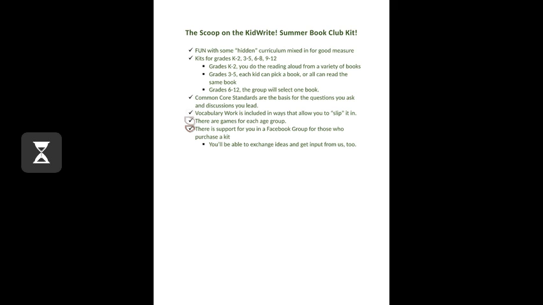Trying to think if there's anything else that's important. For nonfiction, we also have things included. We focus primarily on fiction with a little bit of nonfiction or informational text for the youngest kids, because studies are showing that empathy is created when young children read books of works of fiction, because it allows them to put themselves in the other kid's position. But they are also required to be able to deal with informational text, so we've included books like that as well.